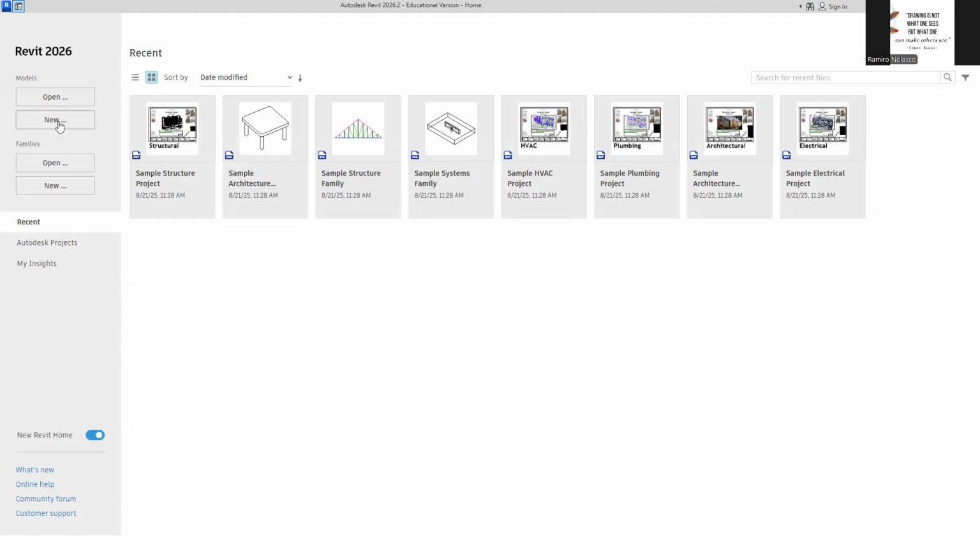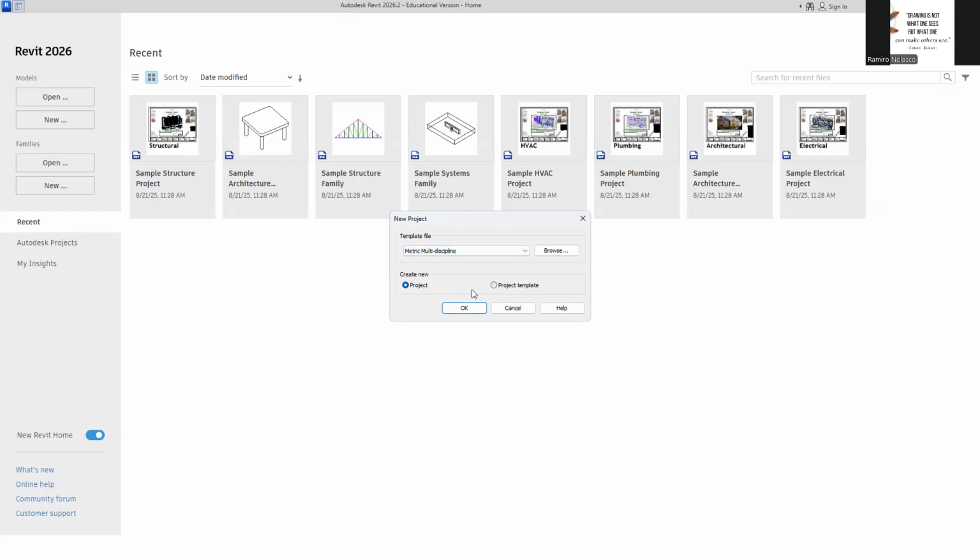So we'll open a new model, and similarly, you are asked to choose a template. So we have here metric and imperial. So we'll use metric since our project uses metric. You can actually also open a template. Normally, offices would have their own template. So these are templates. Okay.